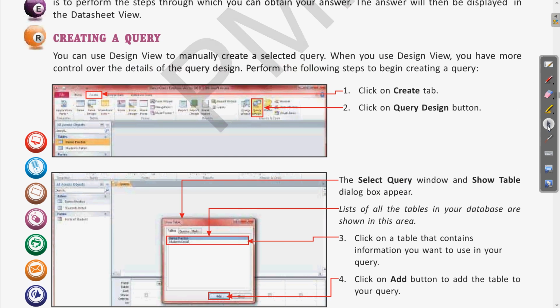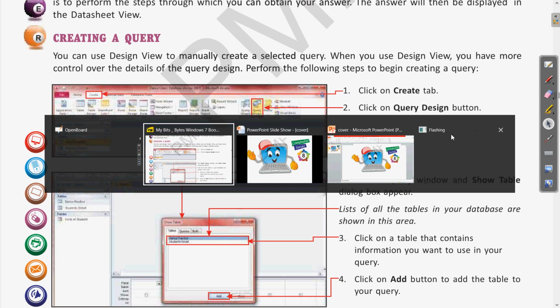For performing this query, we must have some table. A table should be created, only then we will apply the query. Only if there is a database will you be able to ask the question. That is why we need at least some tables in our database, only then can we perform this query step.